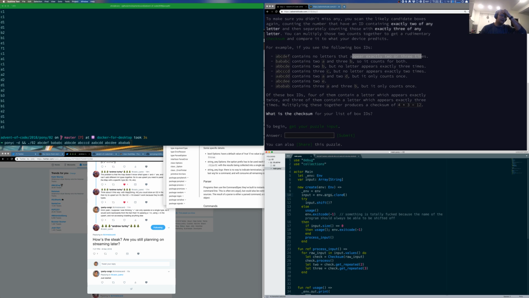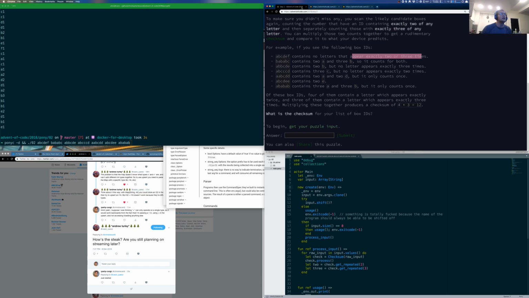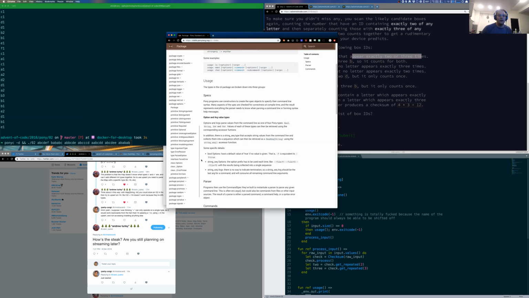I'm grabbing all of the args. I'm doing a clone. I'm shifting off the program name and then yeah, okay, I got you for sure. I prefer not to keep accessing the environment over and over in my loops. So I just read everything in and then do it. The input that they give me is actually file sort of based. It has a ton of new lines and stuff. But I was seeing a lot of different ways to just read from the CLI, so